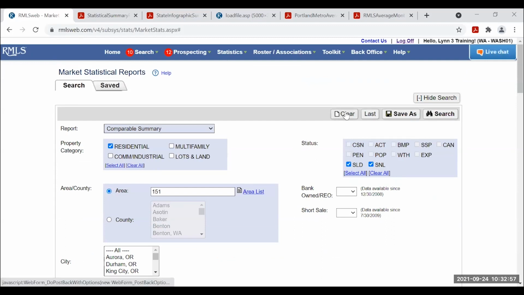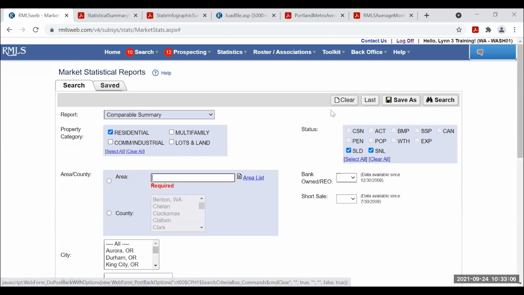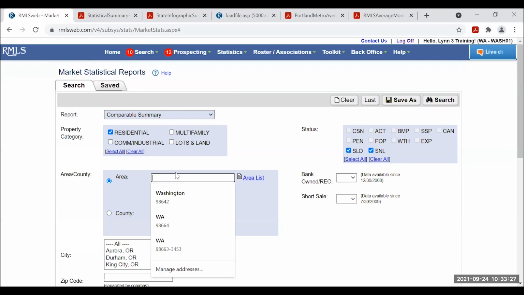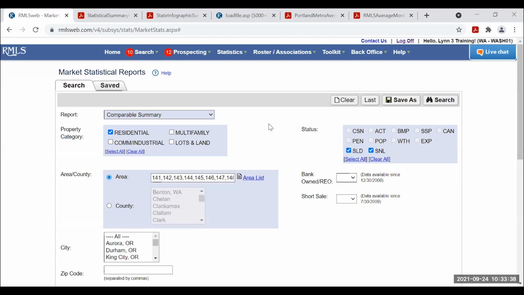We used to teach a remote class called Winning the Listing, and part of that was what I'm about to show you. So I'm going to hit clear again. I'm going to leave it on comp summary. One thing that's valuable is for you to be able to see, particularly if you have listings, how you stack up against others, against the marketplace. So the Portland metro area, according to the market action report, when I leave off Hood River and Yamhill County, the Portland metro is 141 to 152 for the area numbers.